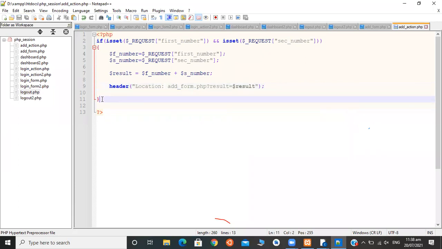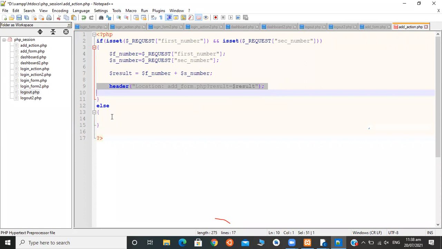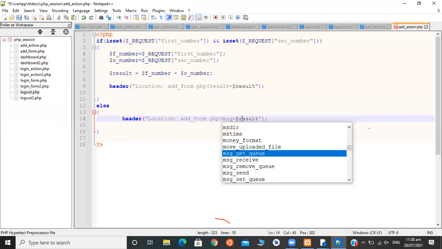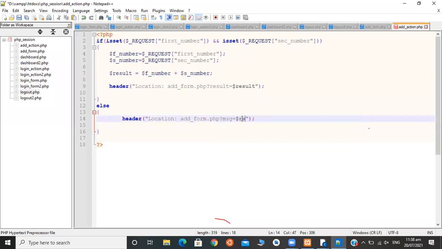And if it is not set, then what we need to do? Else, I can give a message. Please enter numbers.